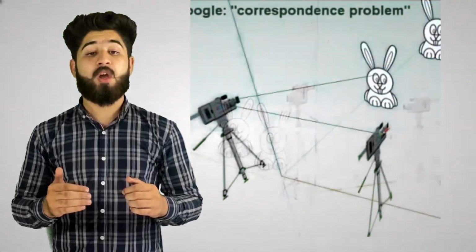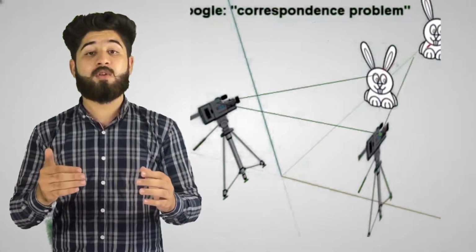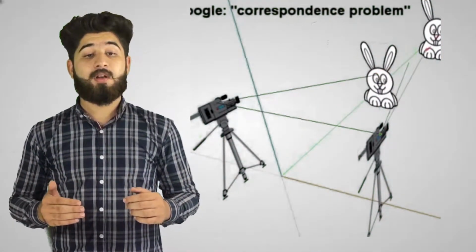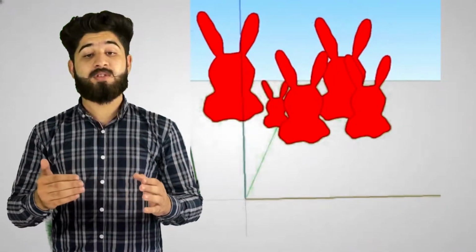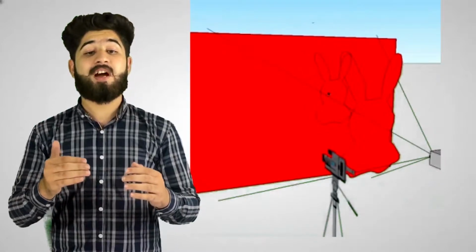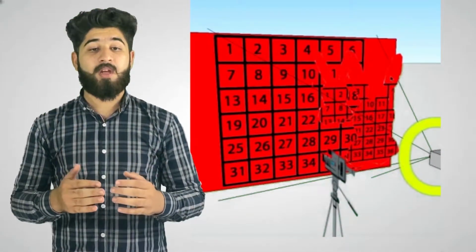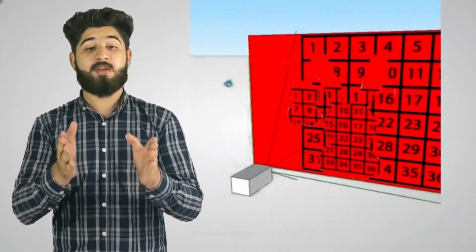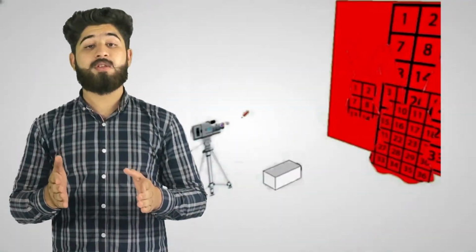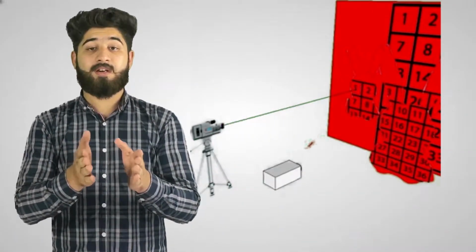But there is a problem. How would the second camera know where to focus and where to look? Well, to make it more complex, suppose that the subject and the background have the same colors. At that point, a graph comes in handy, which you have probably heard about in school. The graph is pasted on the entire scene. Now, when the first camera sees a one, the second camera knows that it is also looking at the one.